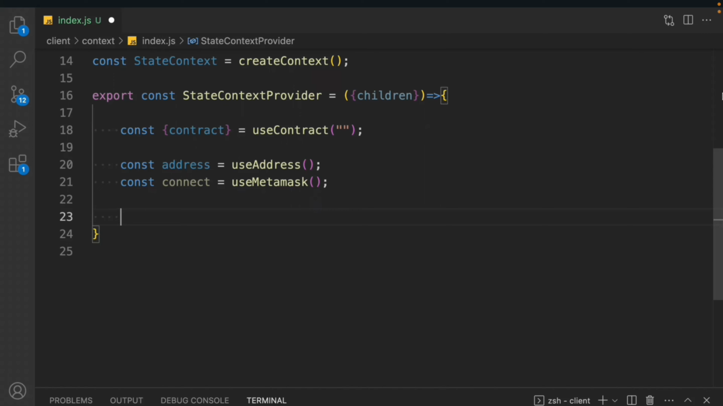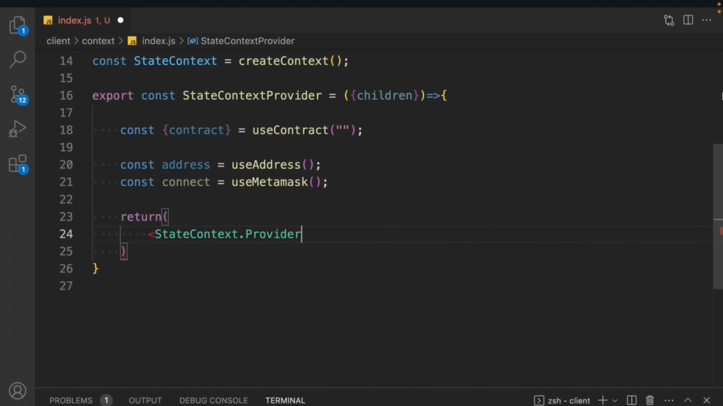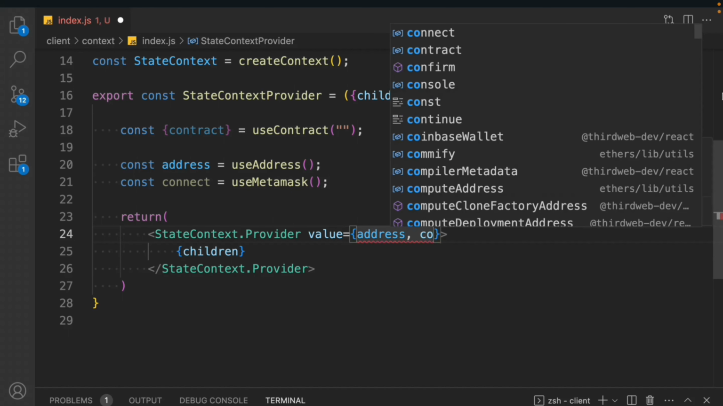Now we can come up here, we're going to simply return, and we have to build our context.provider, close that one, and inside that we have to pass the children. So let's come up here. Here we're going to pass the children, and here we're going to send all the values. This is the exact logic we have followed. So we have to send the address, we have to send the connect, and